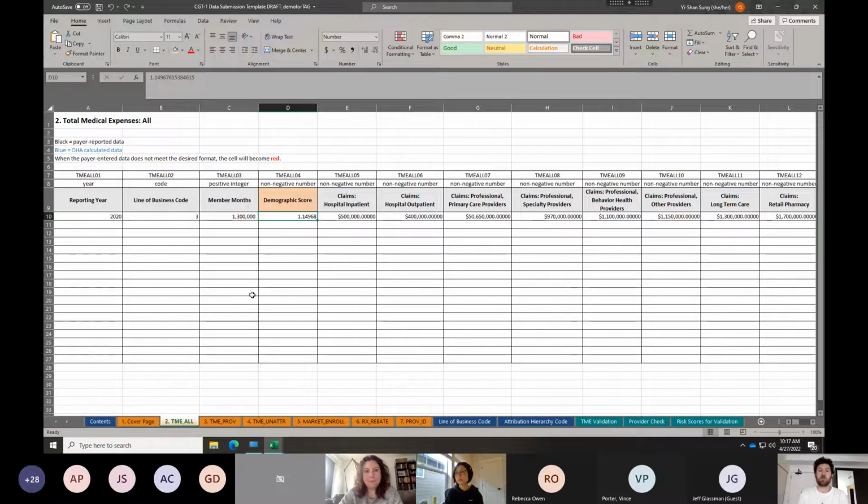I know some of the other states' templates would just ask for some basic information from the submitters, and then you can get the scores from there, sort of fall out. But because we need so much provider information, we're not able to do it that way. So we actually need the data submitters, that's you guys, to do it for us. So did that answer your question, Vince?